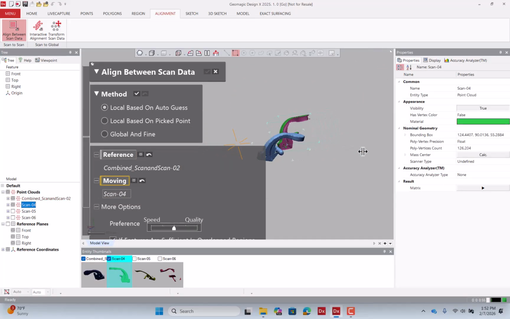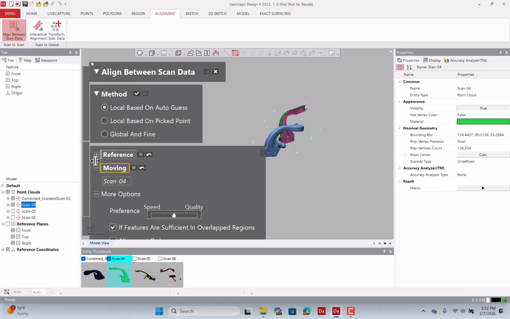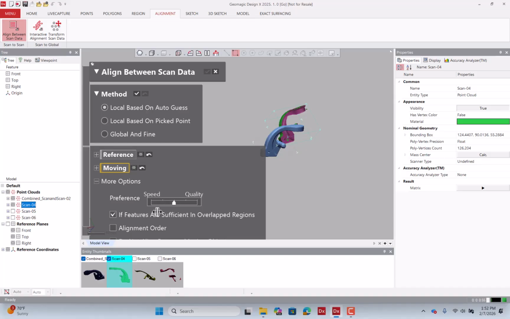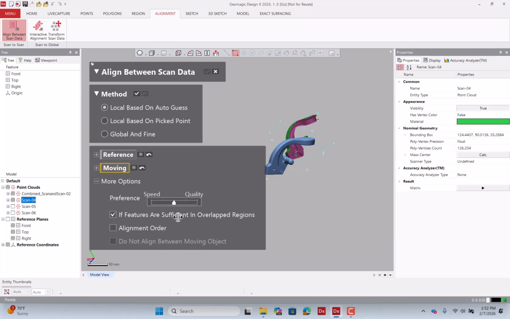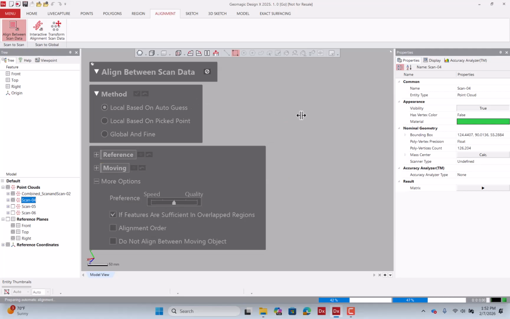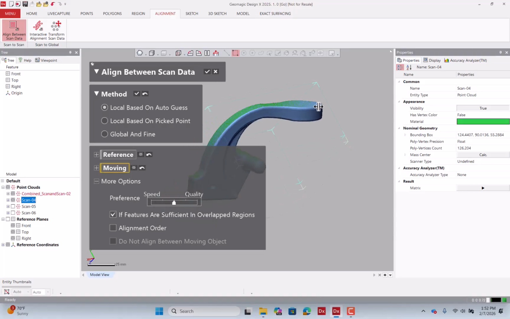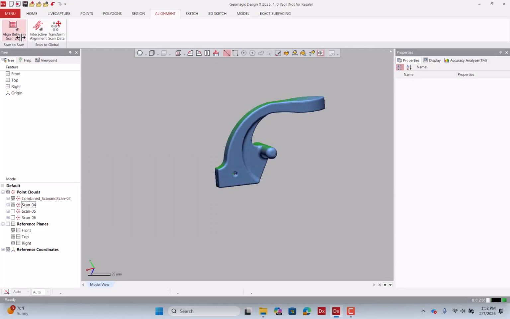And let's show it here. We do have some data. So you can also try this local based on auto guess. So this is another method that is present. You have some dials like a preference for speed and quality, and you can keep these check for if features are sufficient in overlapped areas, and you can try giving a checkbox. This would give a close aligning result like this, and at this stage you can say okay,